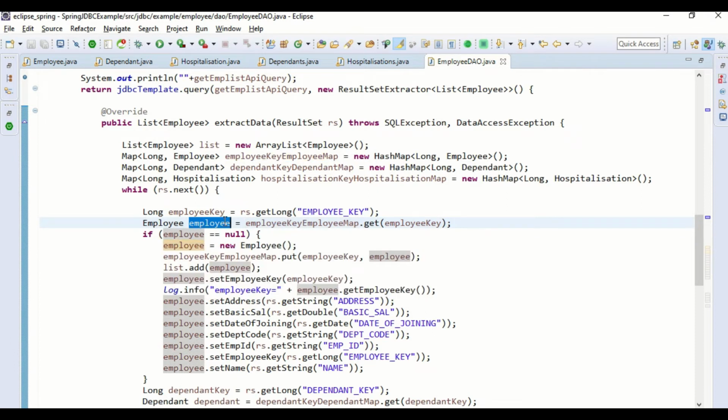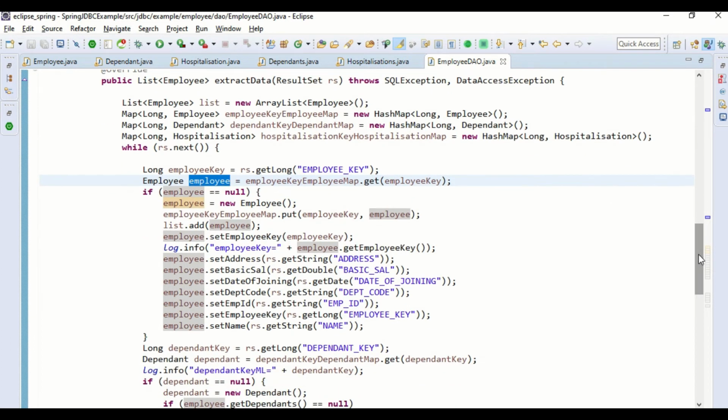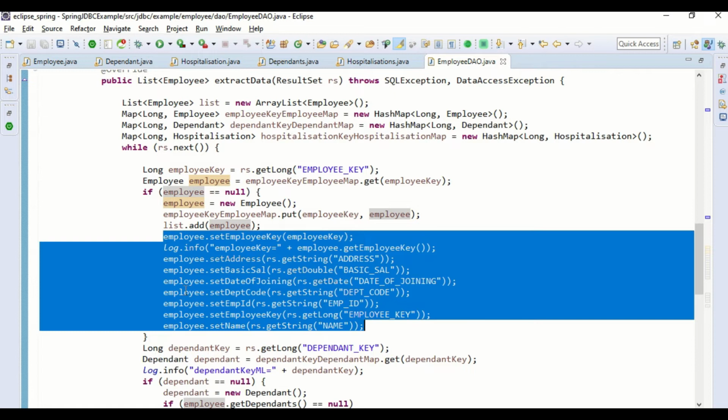If the employee object is not there in the map, that means it's a new employee. So I will create an employee object, put it into the map with the employee key, and then set all the values from the record set to the employee object.